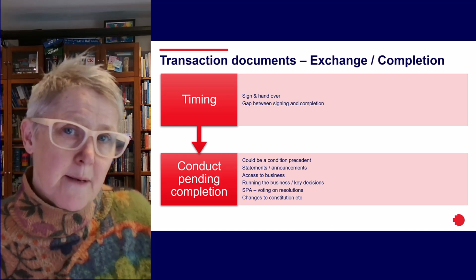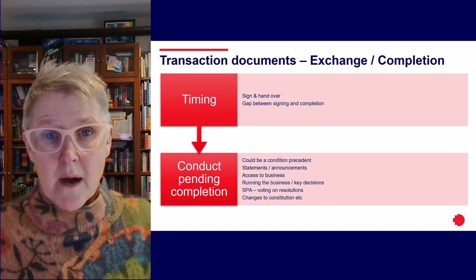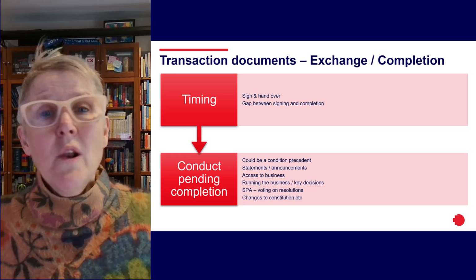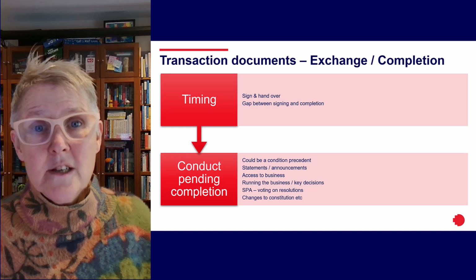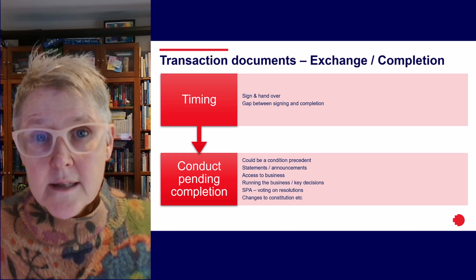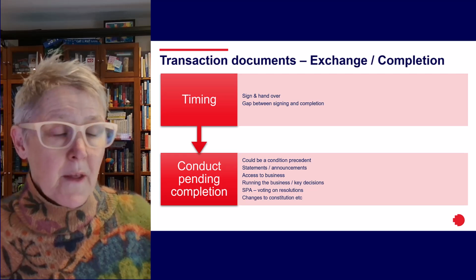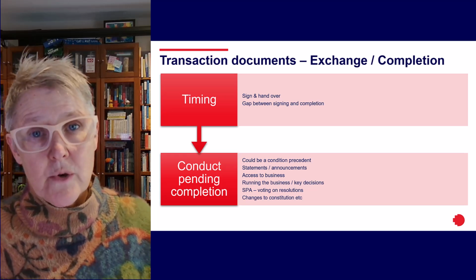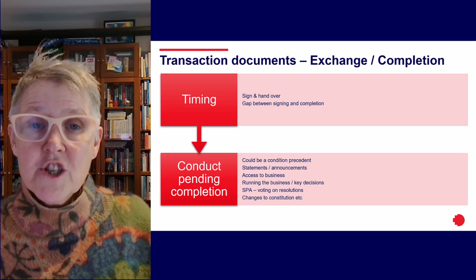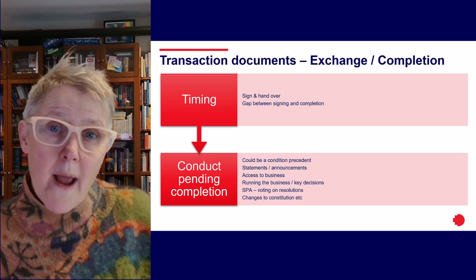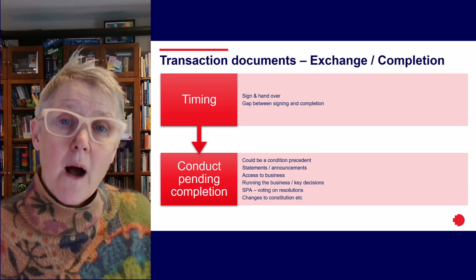Now, we did a bit of a deep dive into FIRB and when that might apply earlier, but there are a whole heap of other things that could be relevant here. It could be that the agreement is conditional on a license of some sort being awarded, that the landlord agrees to the ongoing use of the premises, or the shareholders waive some sort of preemptive or other right that they might have.